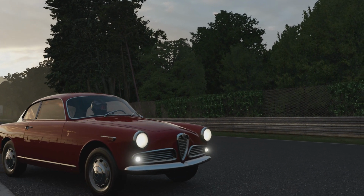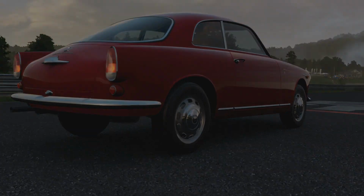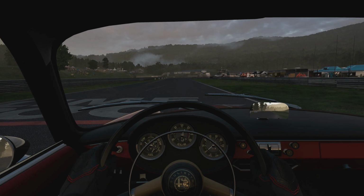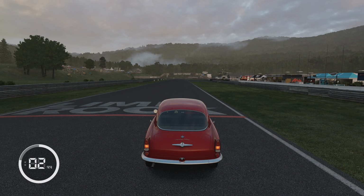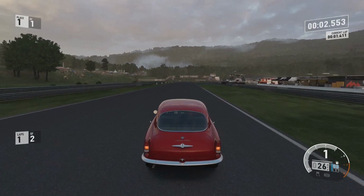So yeah, we're at Lime Rock Full Circuit Alternate for a couple of laps. It's only a short track, but this is an underpowered, well, I say underpowered, it's not a massively powerful vehicle, but it should do fairly decent around this circuit, and show off why I like this car. So yeah,